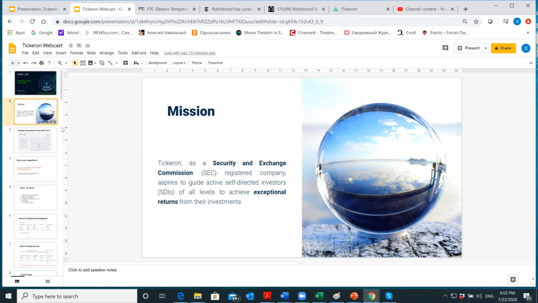The difference is we are SEC registered. What does it mean, SEC registered? It means we're on the guidelines, what we can say, what we cannot say from SEC and FINRA. And that means that we cannot say pretty much any BS which you can get from companies which are not